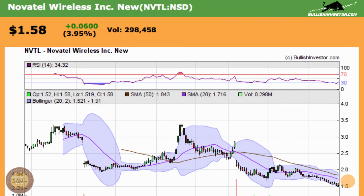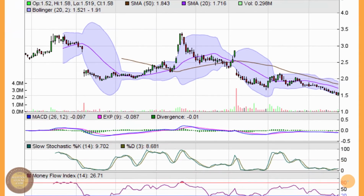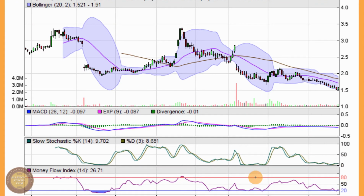But there's something in the MACD that I want to talk about, and it's the sole reason for picking this chart and putting it on radar going forward. And that's the fact that since this first fall back in November and December of last year, the MACD's been trending upward, progressively making higher lows as the stock price has been trending down. That's called a positive divergence, and it's something that we want to pay attention to,